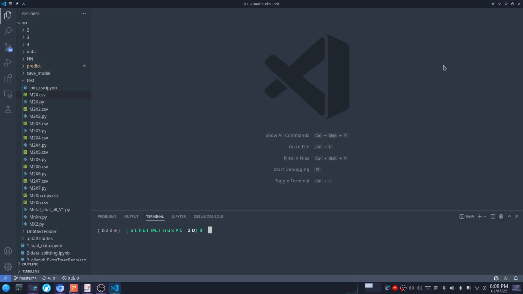This is VS Code. I am showing this in my local system. This is Visual Studio Code. You can install it from the official website. These are the Python codes I have made